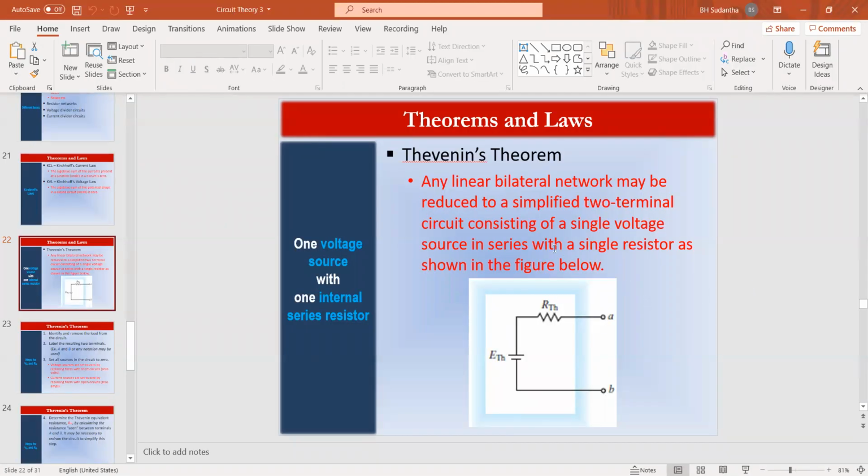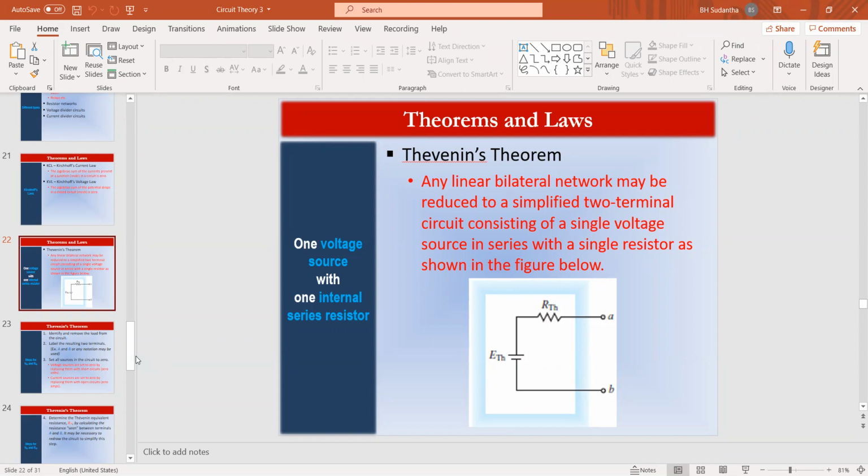Thevenin's theorem, I think you can see the screen. This Thevenin theorem says that when you have a complicated network, any bilateral network, a network having a couple of branches like that, all these things can be simplified into a circuit something like this. With this circuit, you have only one resistor and one voltage source.